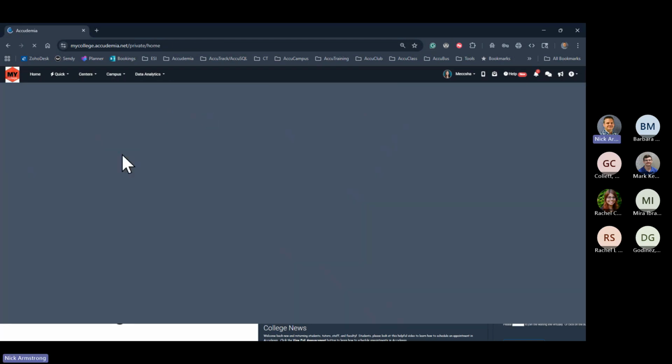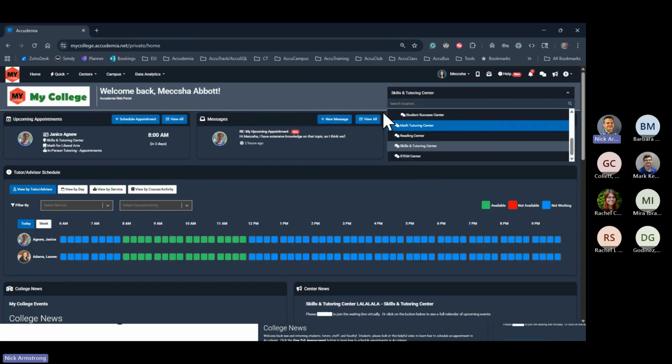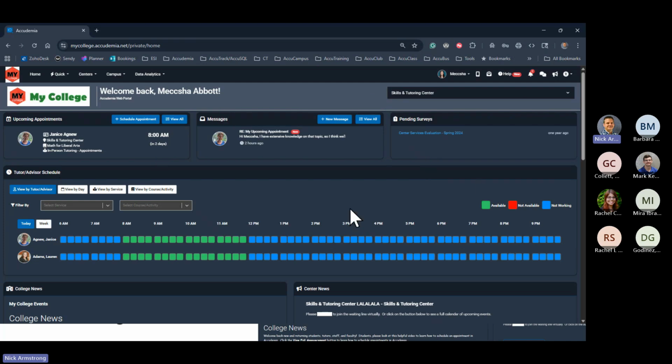All right, one of the other things I wanted to highlight, and this was the first screen that they see, so you really can customize this per center, is the homepage widgets that they have available. So if you are offering appointments, you're going to have this upcoming appointments where they can view what they have coming up and also schedule directly from this, or go to the page to view all of their appointments. I think this will only list like the next 3 or so, and then after that you'd have to view all of them. Also, if there's any messages, communications between staff and students, they would see this here in the middle section of this same